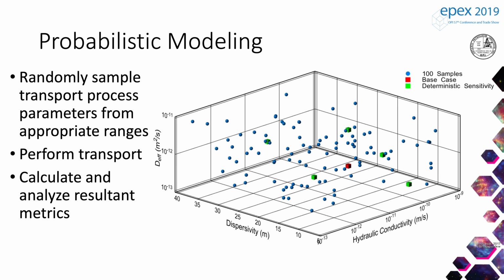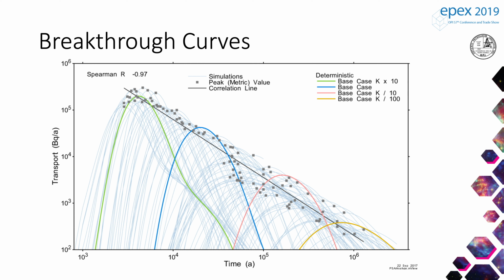So these are breakthrough curves, these are transport to the well, and the bottom axis is time. So you can see there's a big, big range in output, and there's a strong correlation between peak transport time and maximum transport rates. But to better understand this result, we took a look at some correlations. So we started looking at correlations between input parameters and output metrics. Clearly the hydraulic conductivity, which is the top chart there, seems to be the dominant parameter.